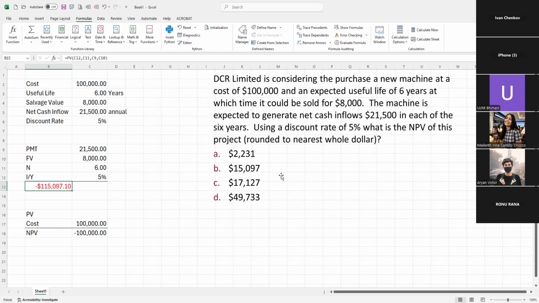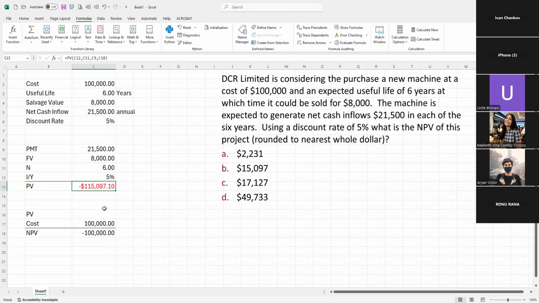And click OK. And sorry, not here. That should be, let's move it here. That should be our present value here. And once we do that, we're going to see what we have to pay today in order to get $21,000 for 6 years, at the end of each year, plus 8,000 at the end of the 6 years. Once we get all that cash at a 5% discount, today it's going to cost us $1,150. So the present value